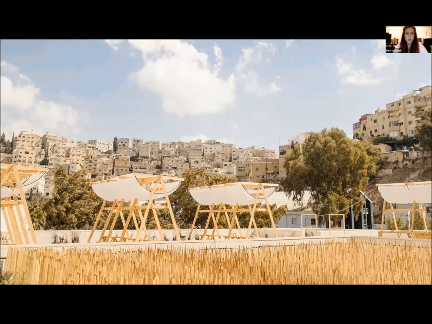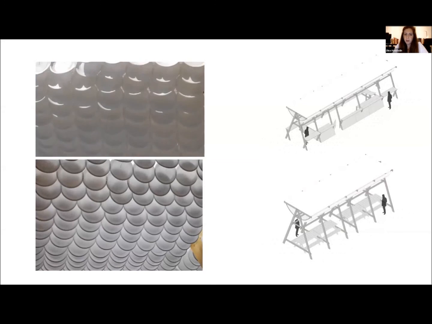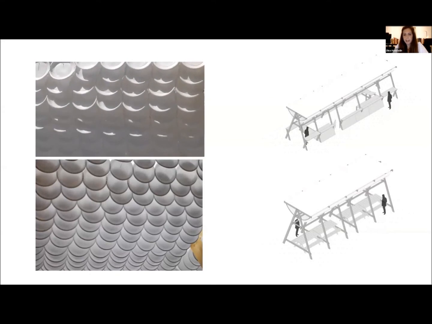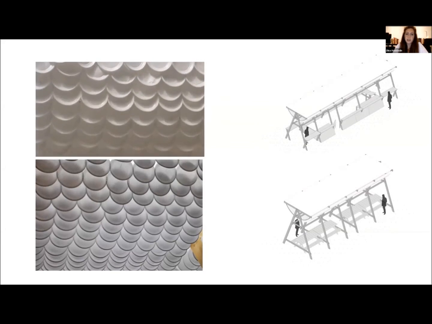So 6 units were designed as lanterns to give visitors shade in day, and at night they would sit and gather under the light. The pillows suspended above were built out of a tapestry weaved using white plastic plates, the usual plastic plates, that were layered to form an inverted lit vault.